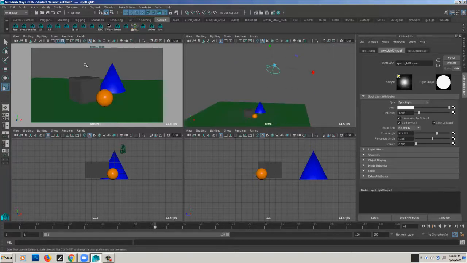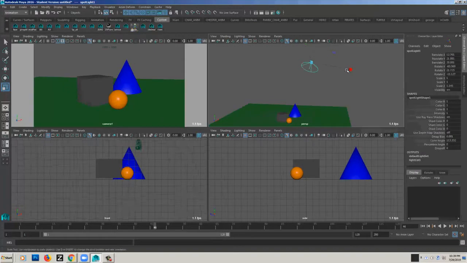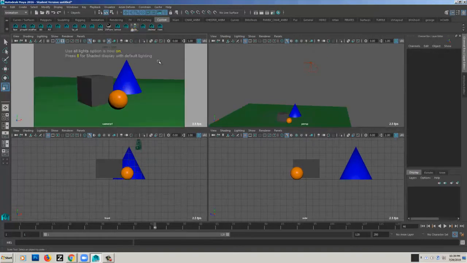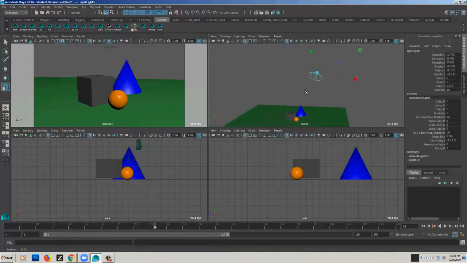So one thing, of course, if I'm using lights, I want to make sure I'm in 7 mode so I can see what the actual light is doing. So in my camera view, I'll go into 7 mode. But one trick I actually like to use, I'm just going to duplicate this light to do this really quick. One trick I like to use as I'm setting up my lights is